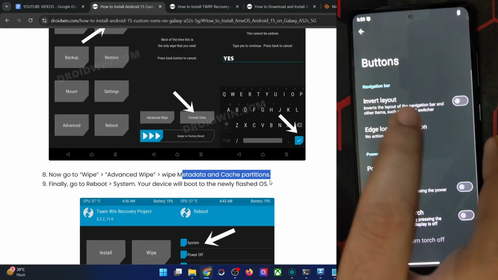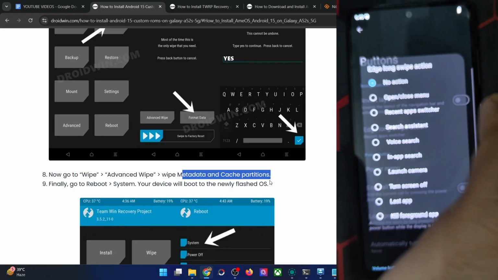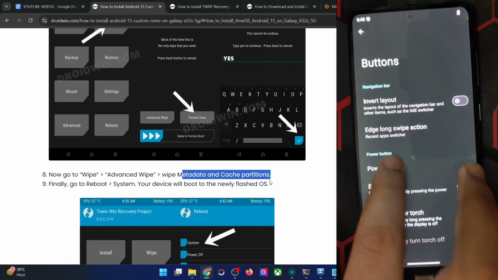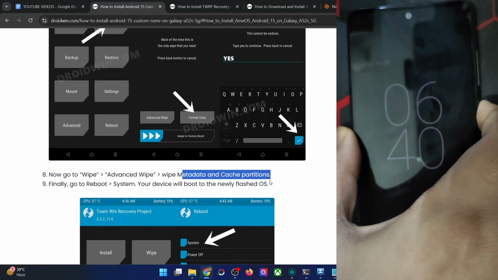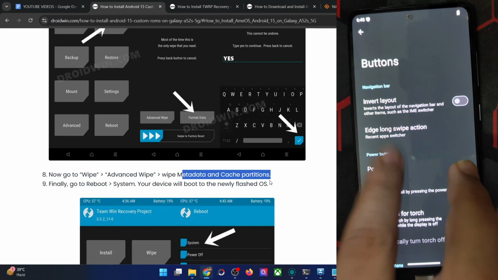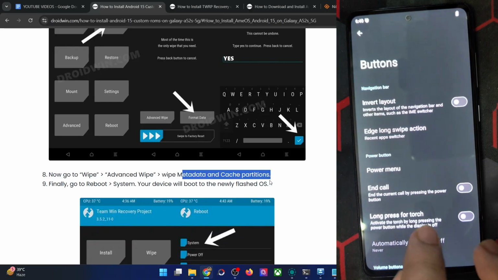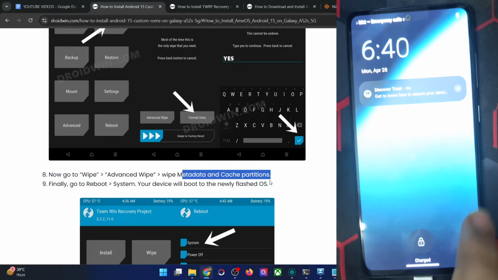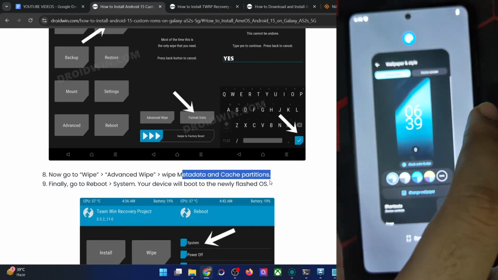In the buttons, there's a long swipe action, so you may add an action. Let's say the recent apps switcher, long press it, and it's open now. Power menu, is advanced restart there or not? So whenever you face a UI issue, just lock and unlock the phone. And now let me see the power menu. Well, it's still stuck here. Let's do a restart. I don't see any other option apart from that, but the restart will take quite a lot of time. Anyways, there doesn't seem to be any other option, because okay, this should work.